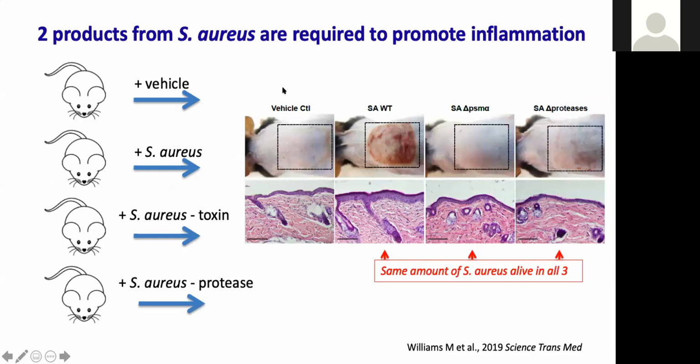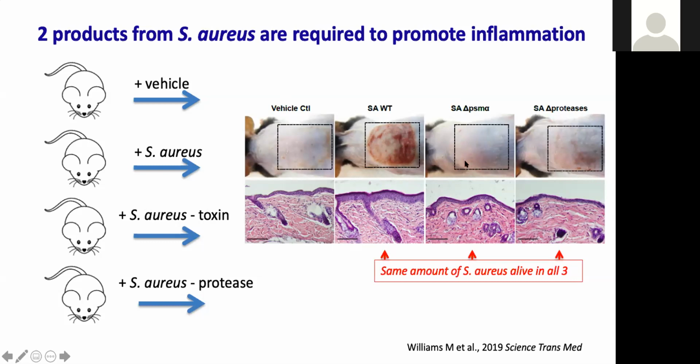This is a further illustration. Those PSMs are important now using mice where we can intentionally expose them. This is a mouse with no bacteria that's just been shaved. This is a mouse that we put Staph aureus on a gauze pad. You can see it highly disrupts the epidermis. Here's the same amount of Staph aureus, but Mike was able to genetically delete just that one gene, and